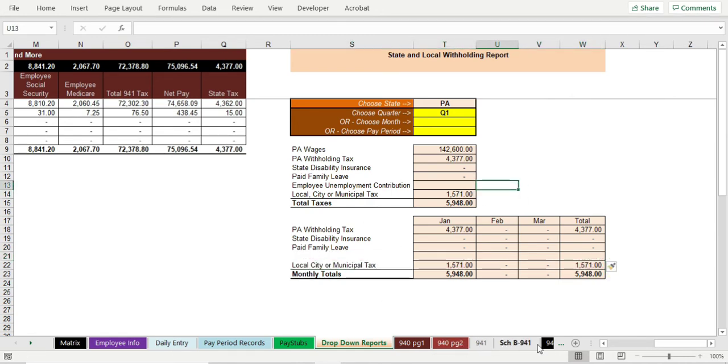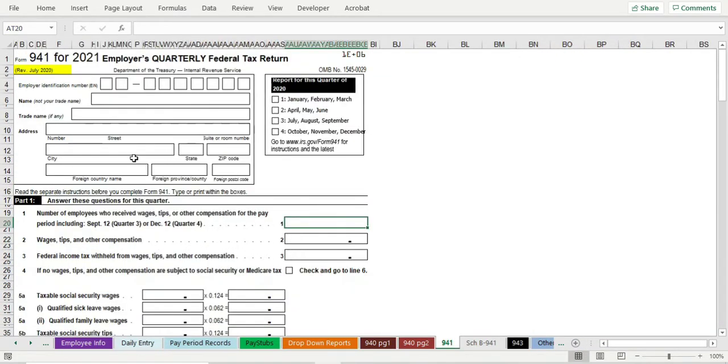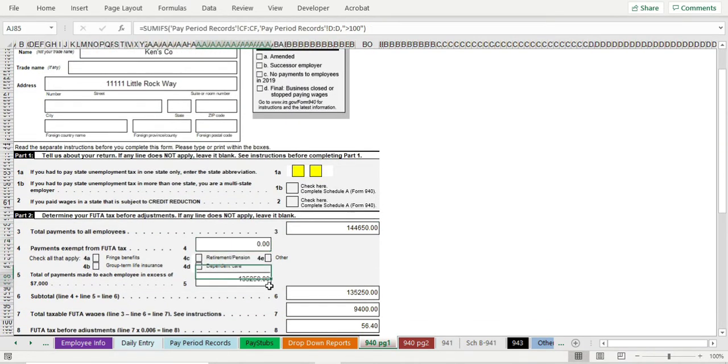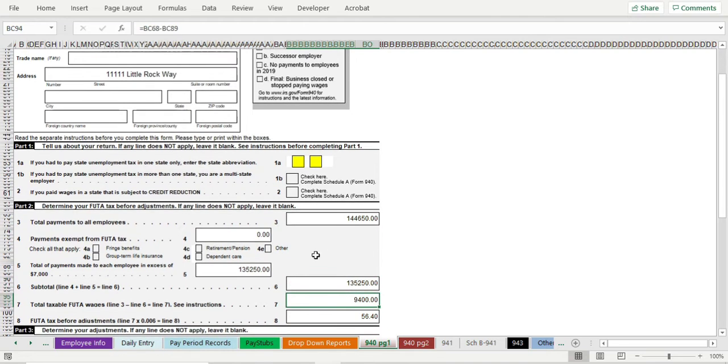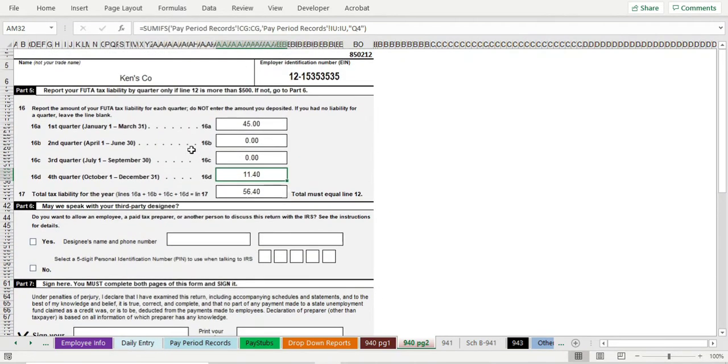So you also have your PDFs of your forms. These things are going to be fully dynamic in 2021. They're just going to populate automatically, kind of like this one is populating with amounts automatically. Still formatting all the other ones here. We have a lot of work to do still for 2021, but it's getting close. And also a Schedule B,